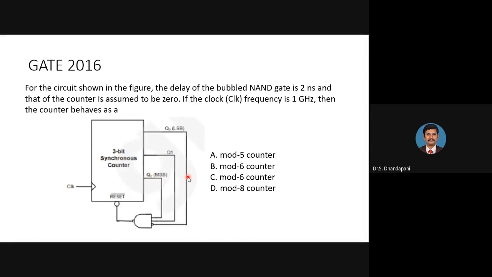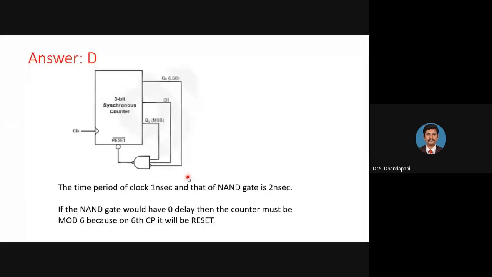So the correct answer for this question is mod 8 counter, because the clock frequency is very high, 1 gigahertz, so it is counting with a time period of 1 nanosecond. Hope all of you are understanding. It is a mod 8 counter since the clock has a 1 nanosecond time period and the gate has an extra delay of 2 nanoseconds. So the answer is mod 8 counter. It is a tricky question.